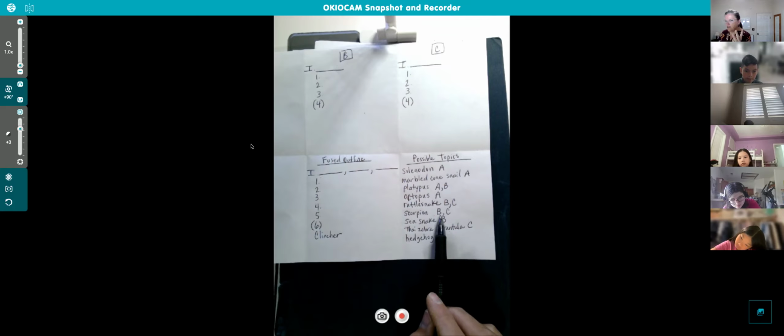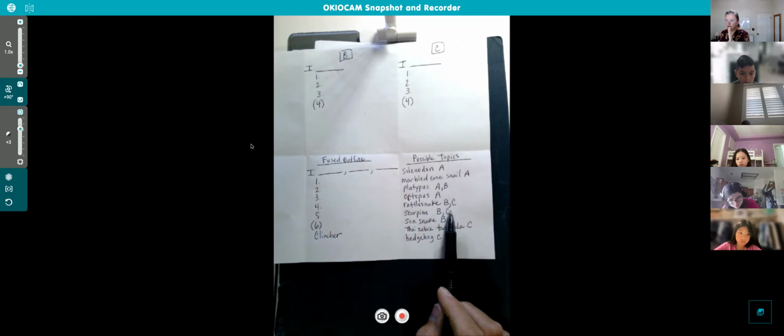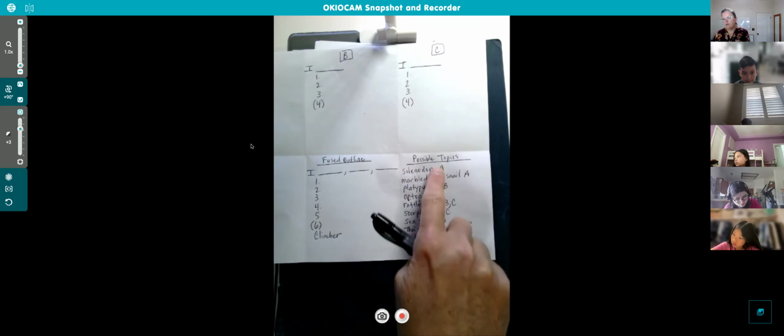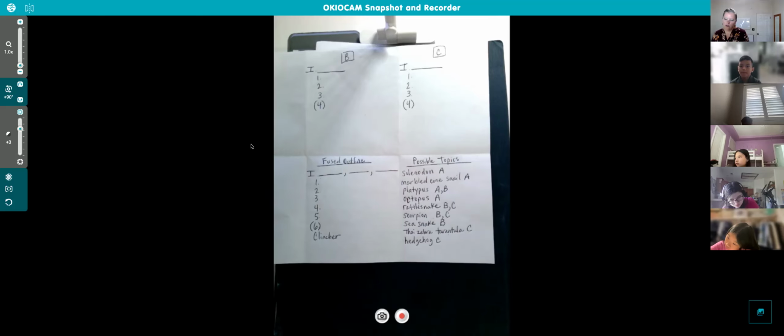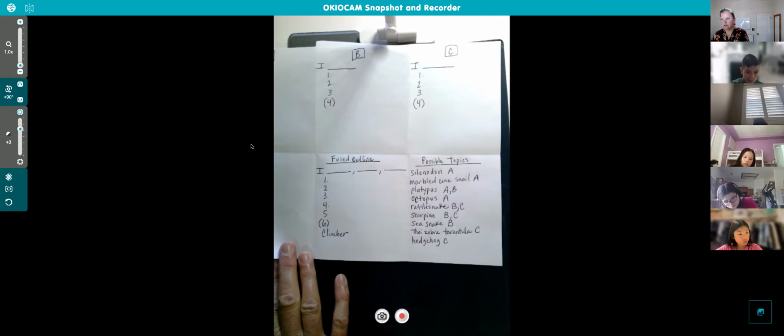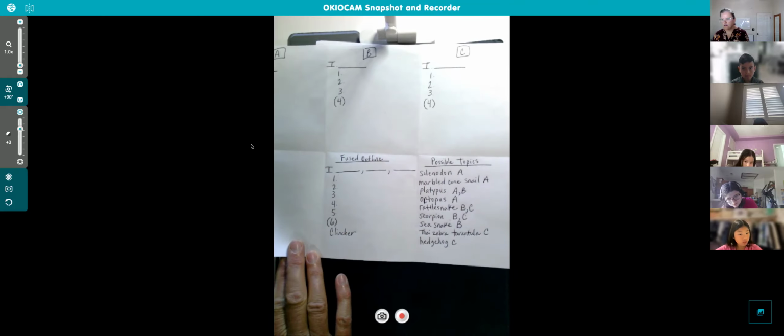Scorpion, that one's kind of nice because you have it in B and C, so you're only looking up one extra site. So whatever you're missing, that tells you you have to go to Google and type in the animal for kids. If you're missing one of your outlines on top, that's when you know to go to Google. Are there any questions about that? Any questions? No? Okay, so you understand how to search it for kids. Make sure you do that.